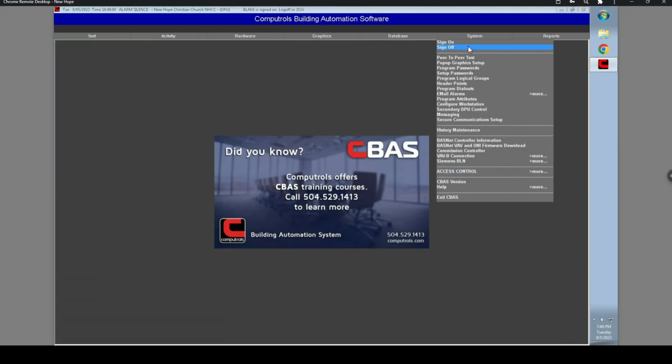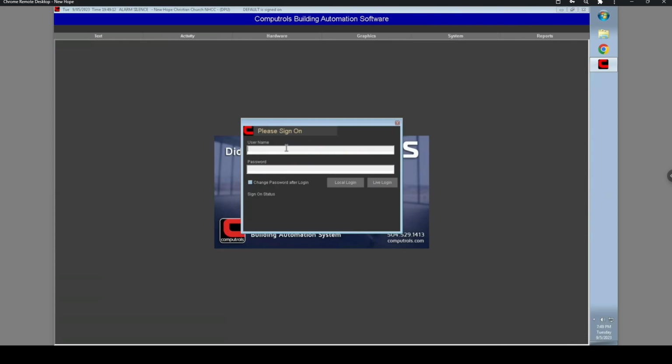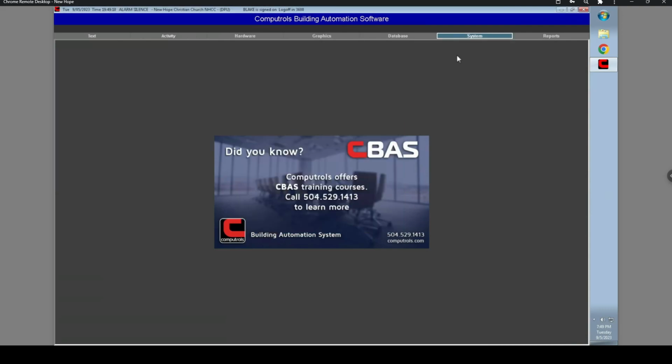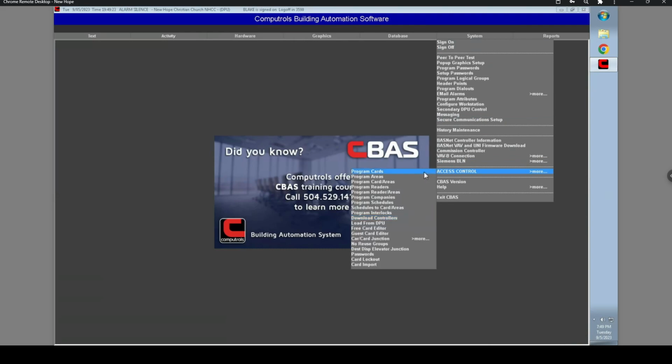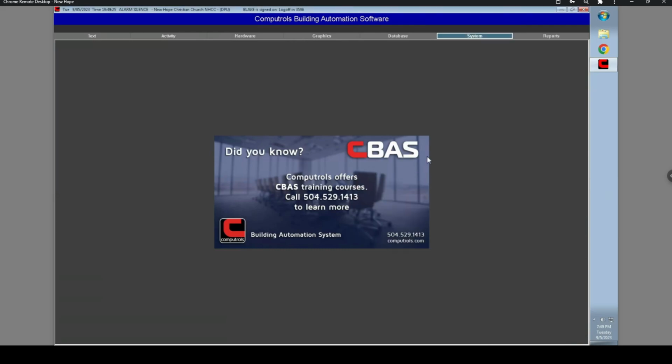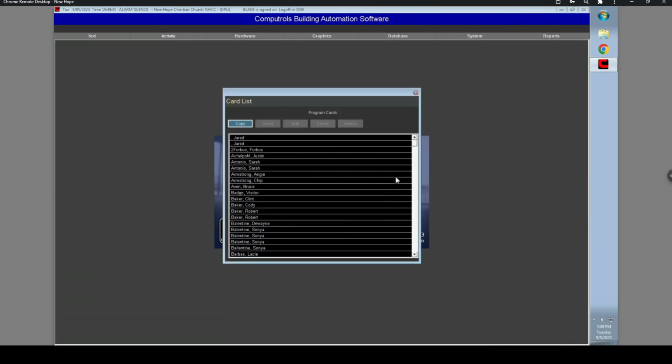So I'm going to sign on to the system. I'm going to put in my credentials. I'm going to put in the right password. Then I'm going to go to System, then Access Control, then Program Cards. Basically, that's just your users, right? Okay, let's try that again. There we go. All right, so I'm going to go ahead and just create a new